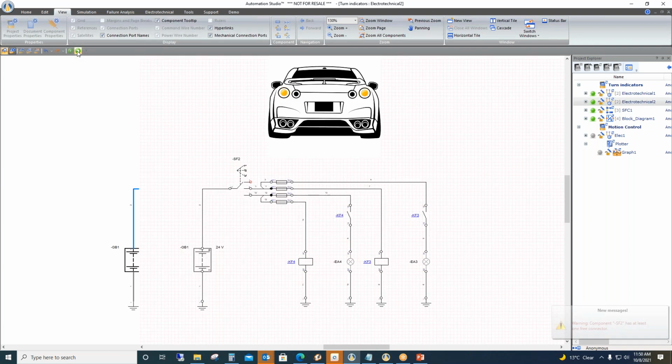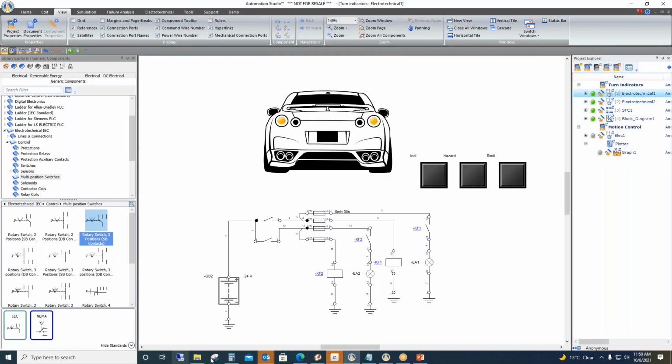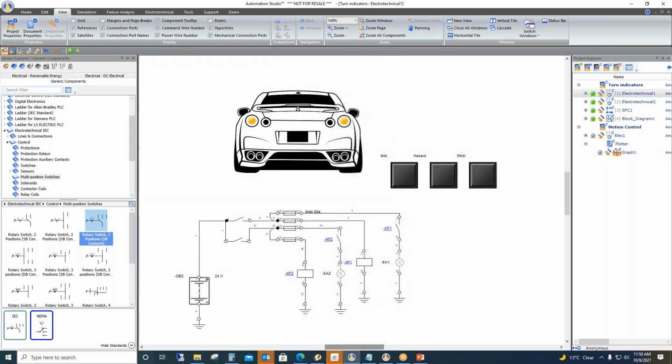But if you want a hazard, like a situation when both the right and left indicators should be blinking together, in that case we have taken one more example. In this circuit we are not using the manual 3-position switch. We are just pressing buttons, and we have included an SFC diagram, and the SFC will be controlling the blinking of right, left, or both indicators.